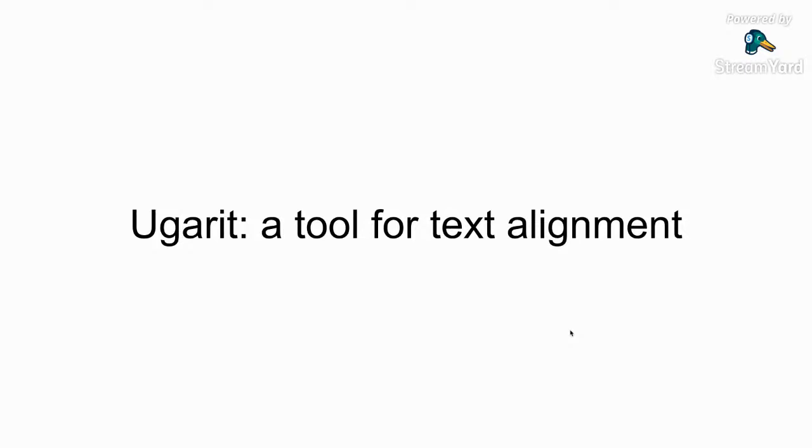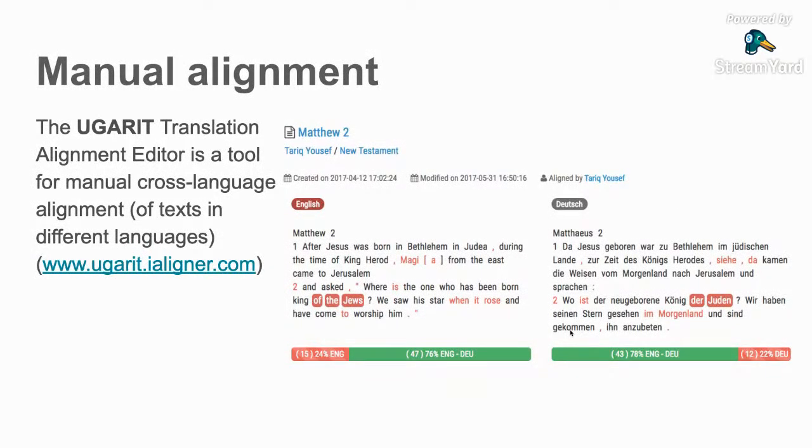Now, the tool that we use to perform translation alignment is a tool called Ugarit. And Ugarit is a translation alignment editor, which is used to perform manual cross-language alignment. In other words, you can upload your little texts and you can perform cross-language alignment manually in the digital environment